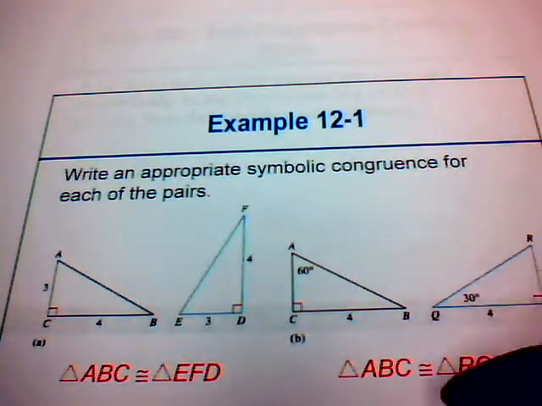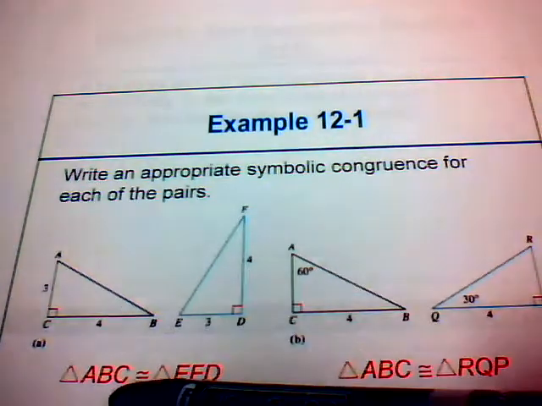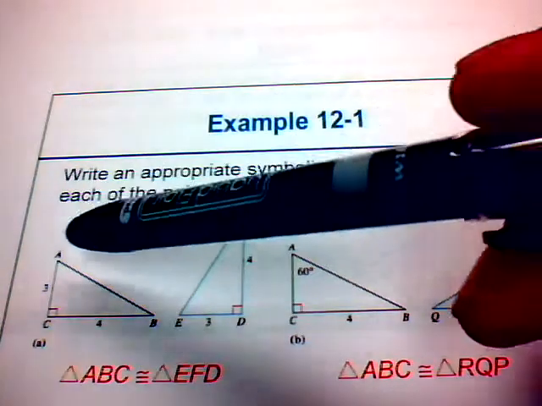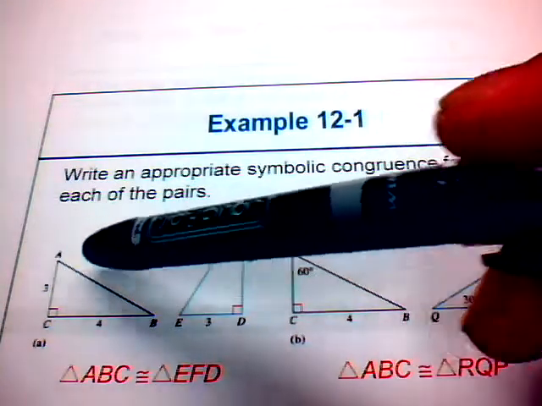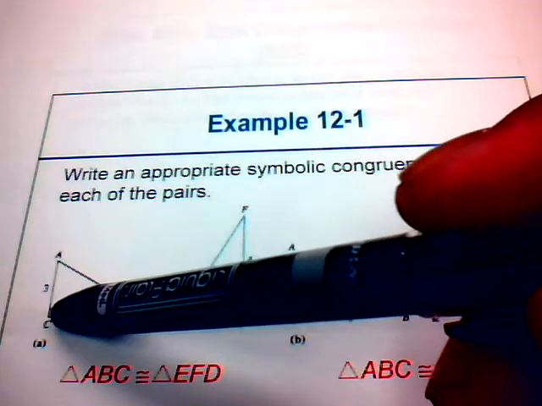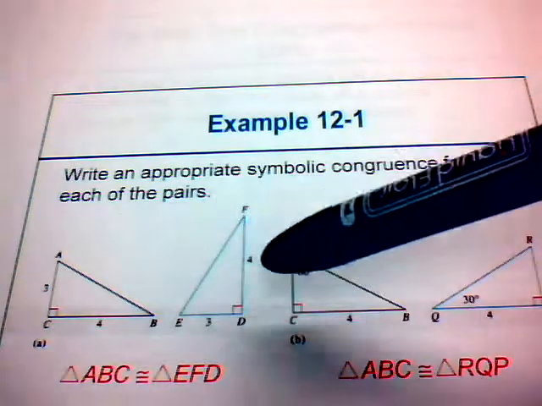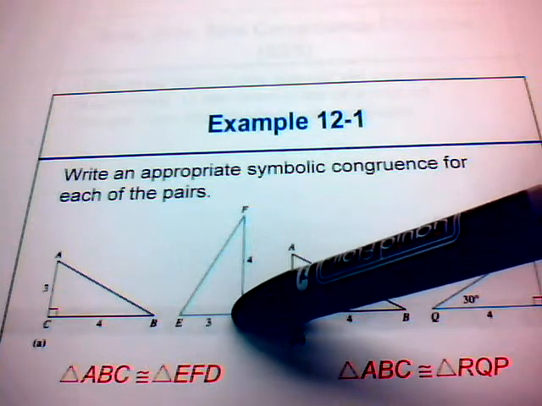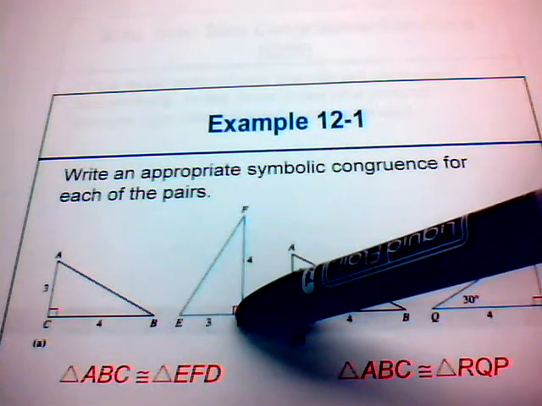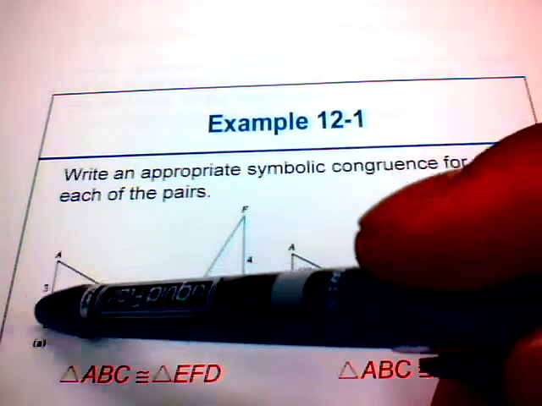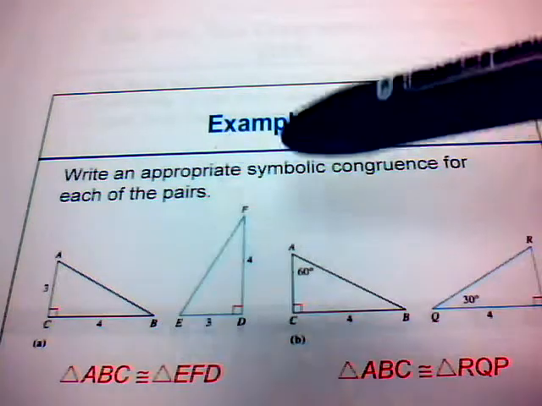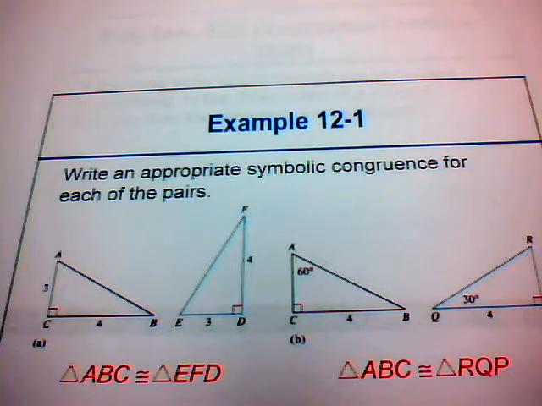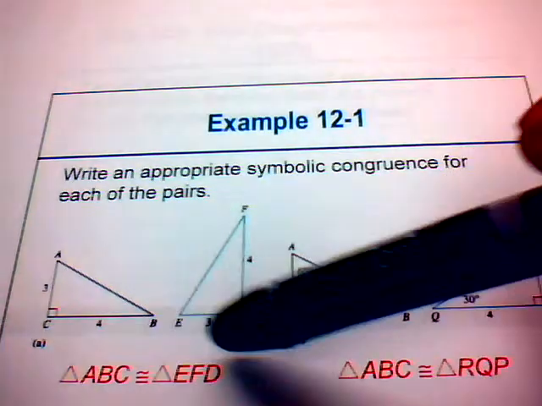Now keep in mind the naming of one triangle has to be consistent with the naming of the other. So on the left side, if I'm going to say triangle ABC, then I must also say for this triangle EFD. I could have said triangle ACB, but I must say triangle EDF. The way you name one has to be the same